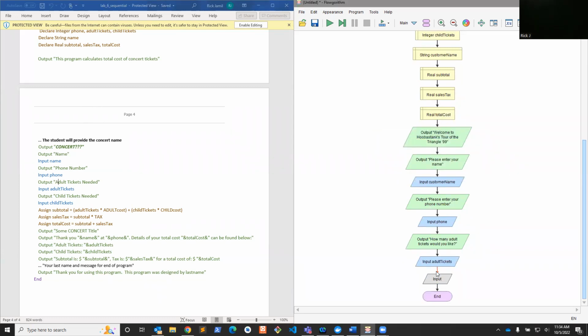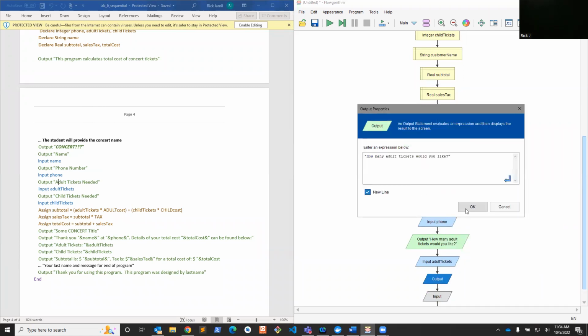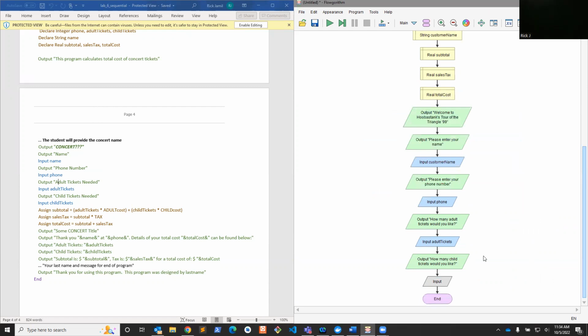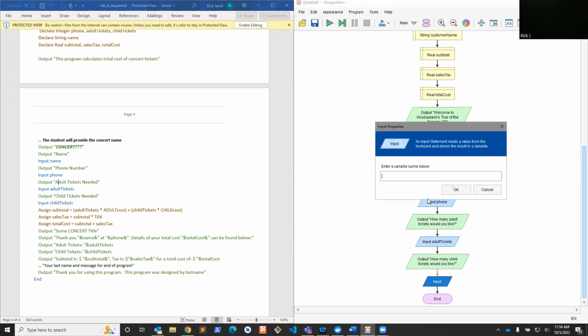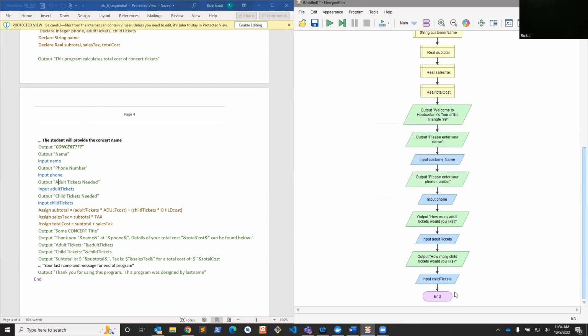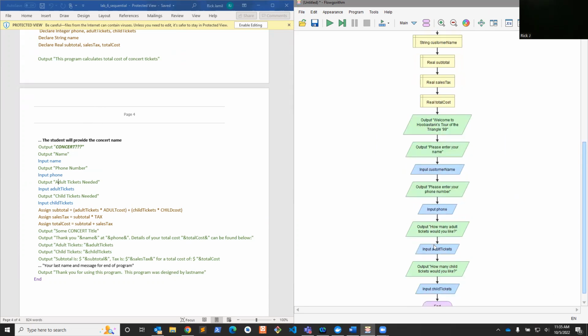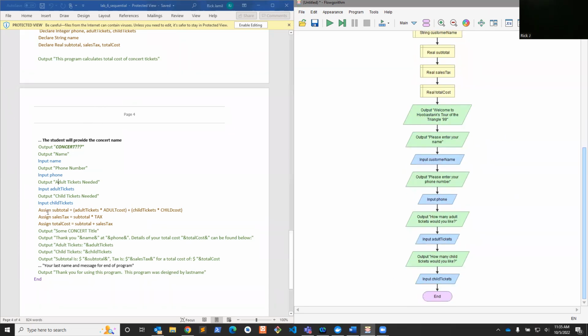Input adult tickets, then we have an output. Paste here. How many child tickets would you like? Input child tickets. All right, done with the questions. And now we'll do the processing. So we'll do an assign